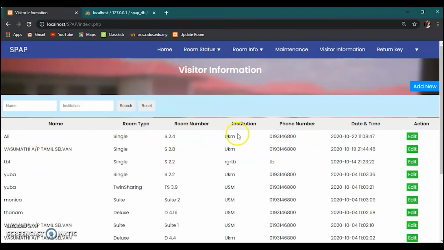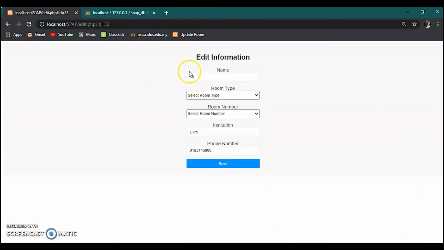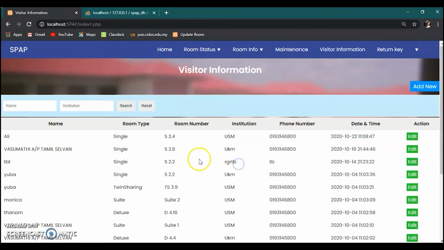and update this table. And if admin wants to edit the information of Ali, they can click here, edit, and select this, and then if let's say this is USM, if they click the save button, it will update here.